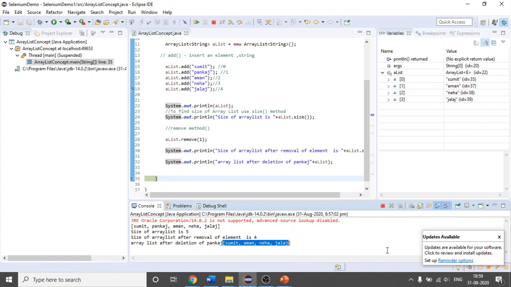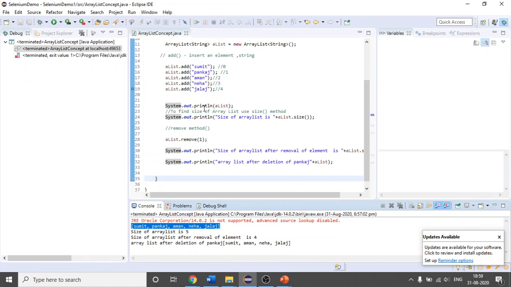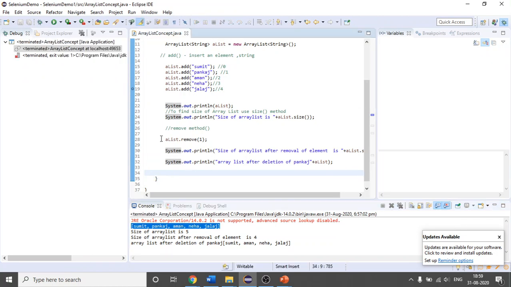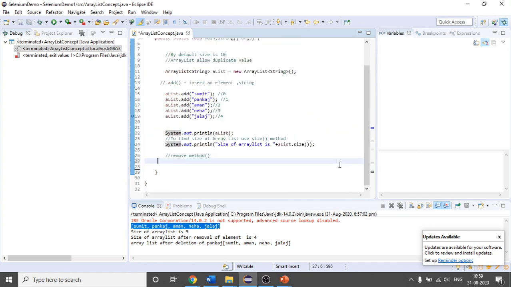As I think. Okay, so one more thing, see, I am printing it like this, as of now. We can also print this array list with the help of a for each loop. Let me show you very quickly. Suppose as of now I am removing it. Let me remove this and let me remove this as well. And with the help of a for each loop, I will print the array list. The for each loop can also be used to print an array list.